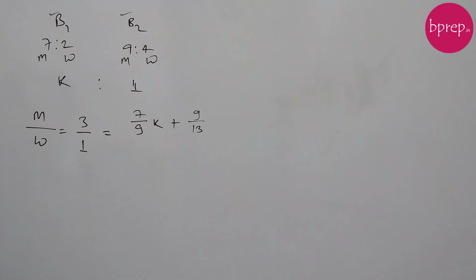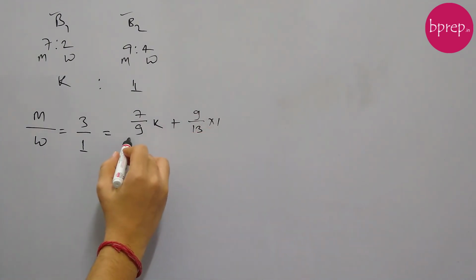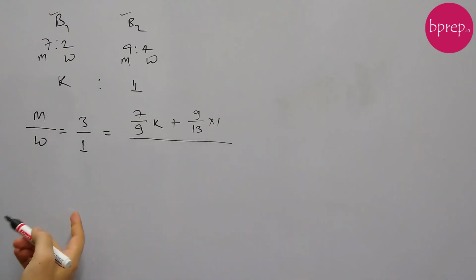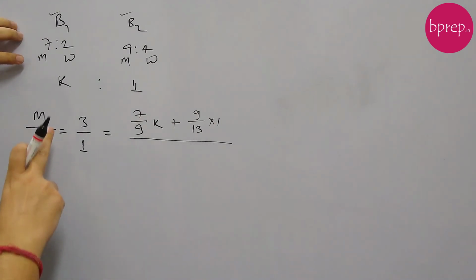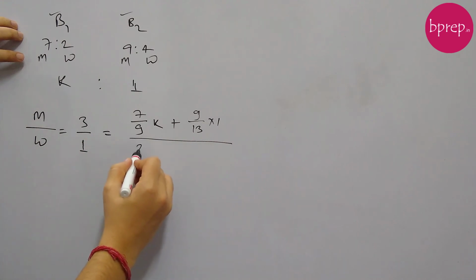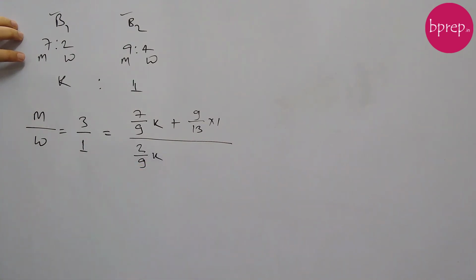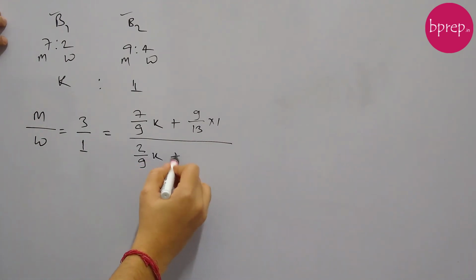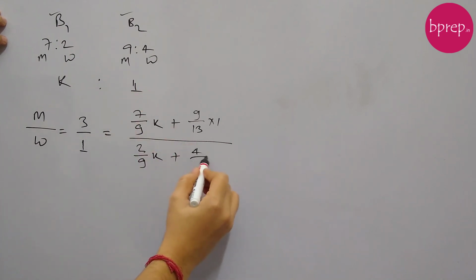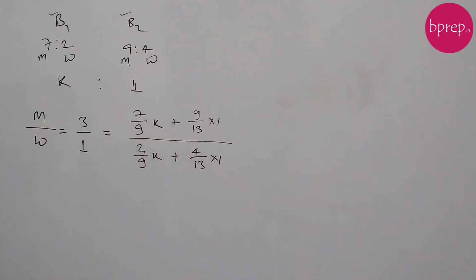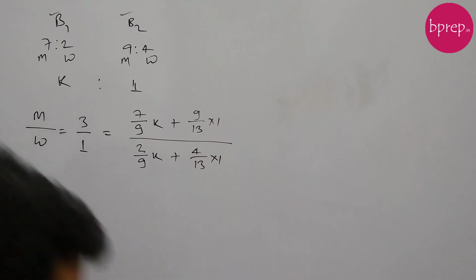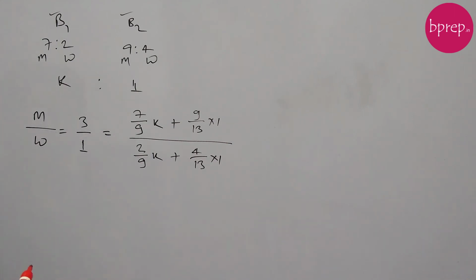9/13 units of milk from bottle 2, into 1. And similarly for water, from bottle 1 we will get 2/9 K units of water, and we will get 4/13 into 1 units of water from bottle 2. So this will be equal to